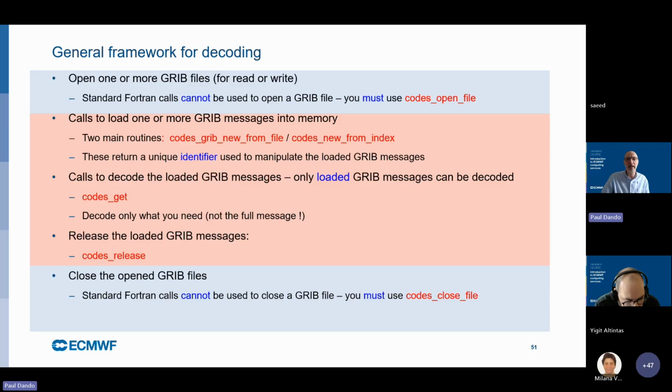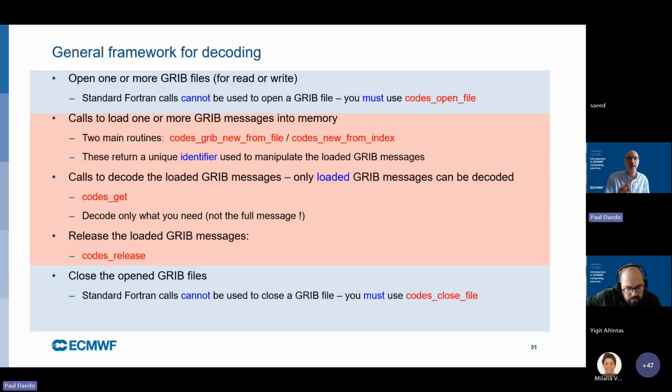And you can only access messages which have been loaded. So you've had to have called codes GRIB new from file to load a message into memory. And then there's various calls called codes get, which allow you to access the keys. So this works a bit like GRIB get. It's exactly the same function. You do GRIB get, you pass this identifier and the key you want to get, and it returns you the